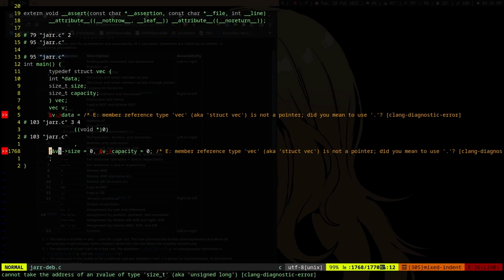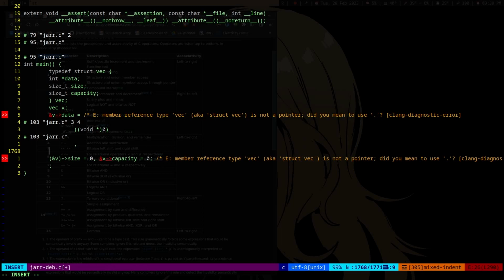But what we want is this. As you can see, this actually works, because what this does is we pass the address, and then it can actually access it with an arrow. I guess it's as though, as in the function, we actually have a variable, right? A pointer to struct. So like